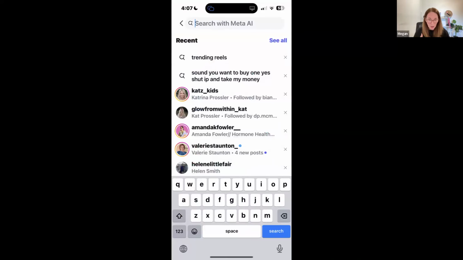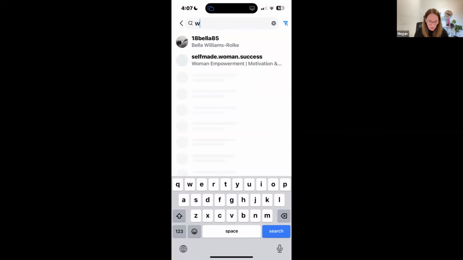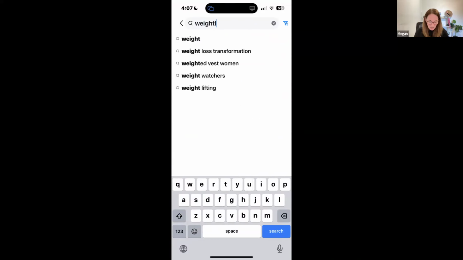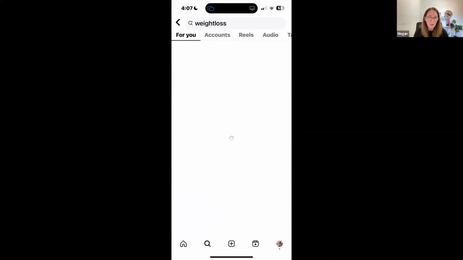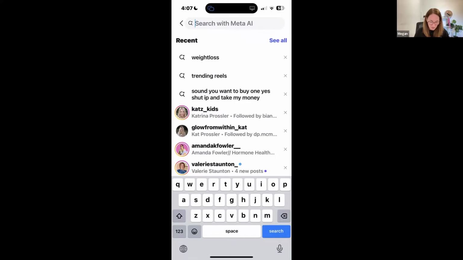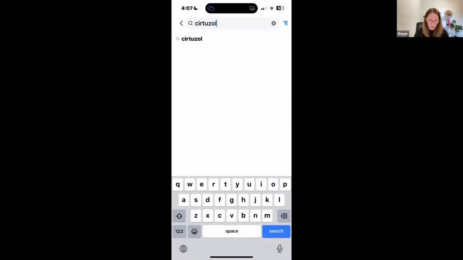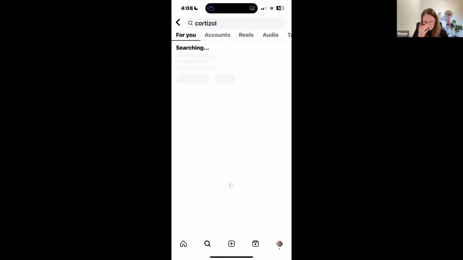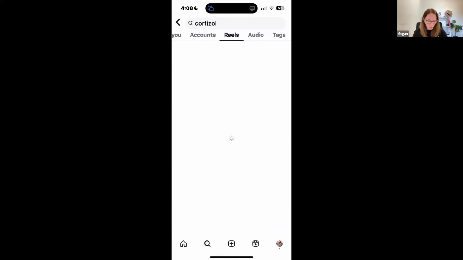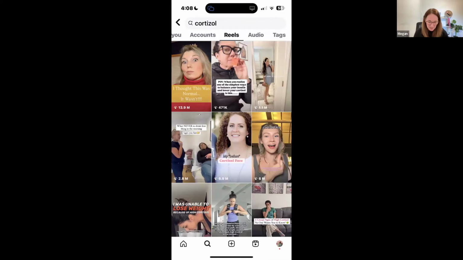Another great thing that you can do to help you for inspiration as well is that you can come in here and type in weight loss and see what other people are doing. See what's there and go into reels. Oh, it doesn't like weight loss. Okay, let's go cortisol. And then we can go into other reels and see what other people are doing and what's trending and who's doing well. So this lady here,